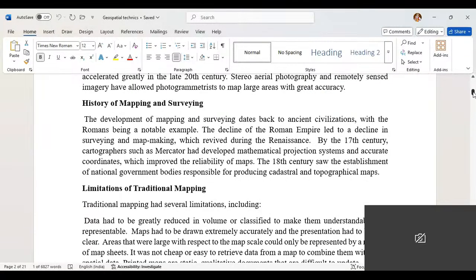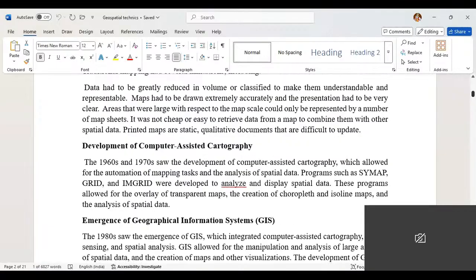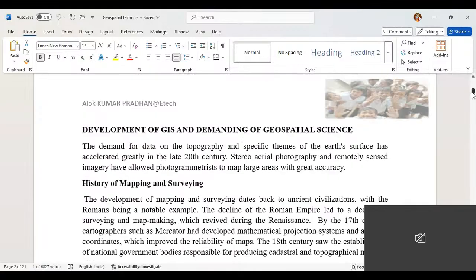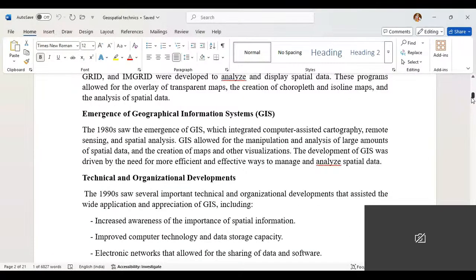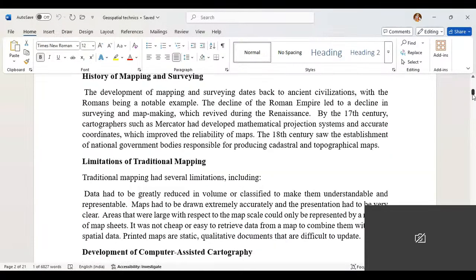History of map making survey. The development of mapping and surveying dates back to the ancient civilizations, with the Romans being the big examples. So these are the history. So limitations of देख सकते हैं बहुत सारा लिमिटेशन है उसमें उस टाइम में था